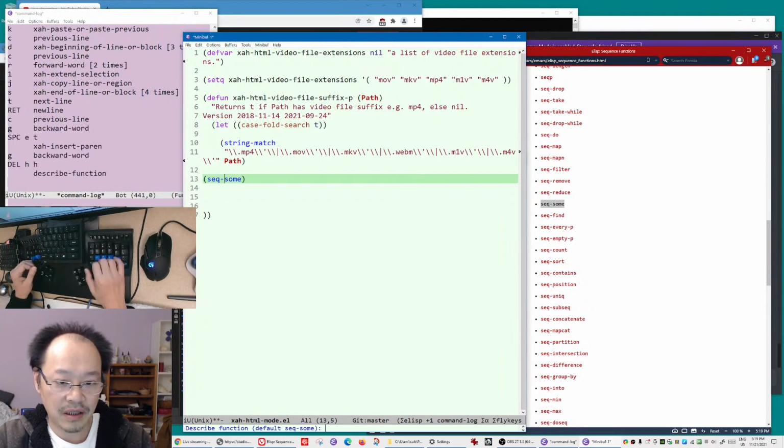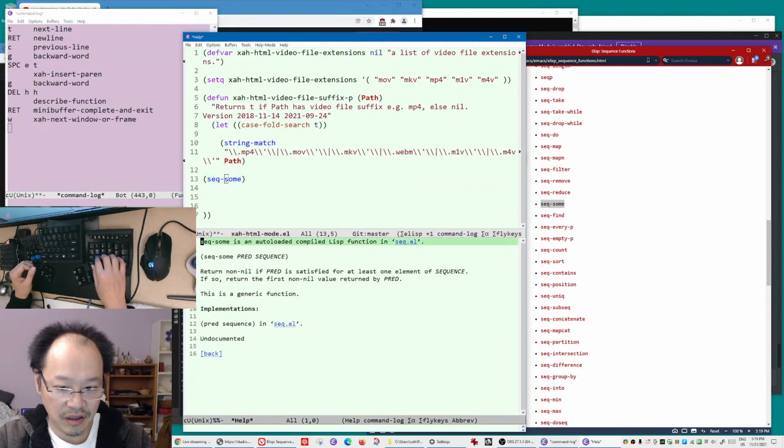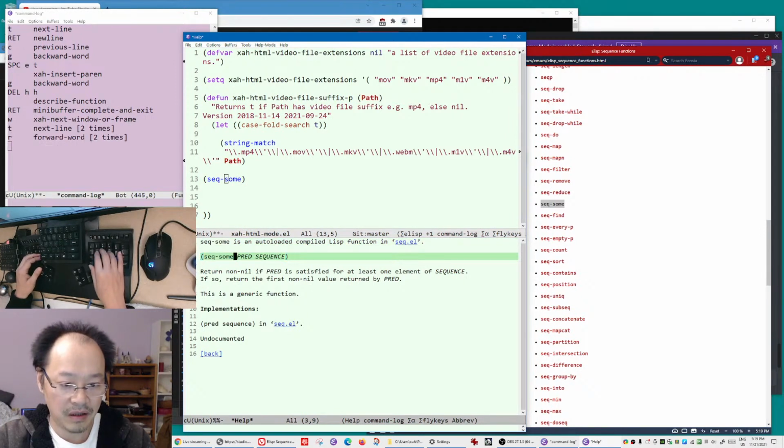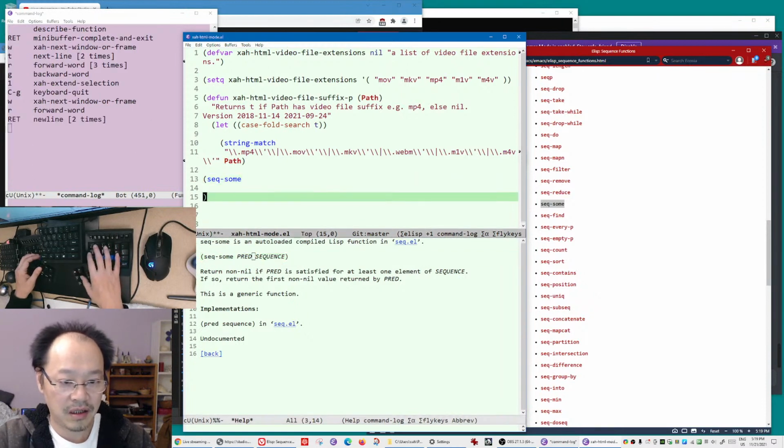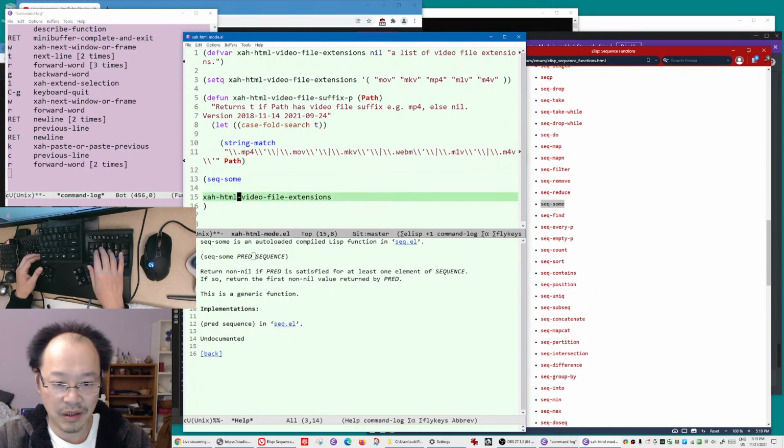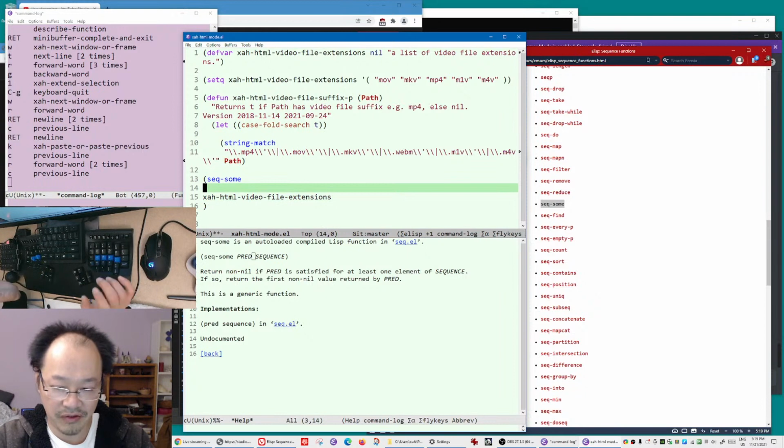So for example, let's look at the documentation, describe function. Here's the documentation for seq-some. It takes two arguments, a predicate and a sequence. The sequence is that XR video file extensions list. The predicate, the function that returns true or false, would be